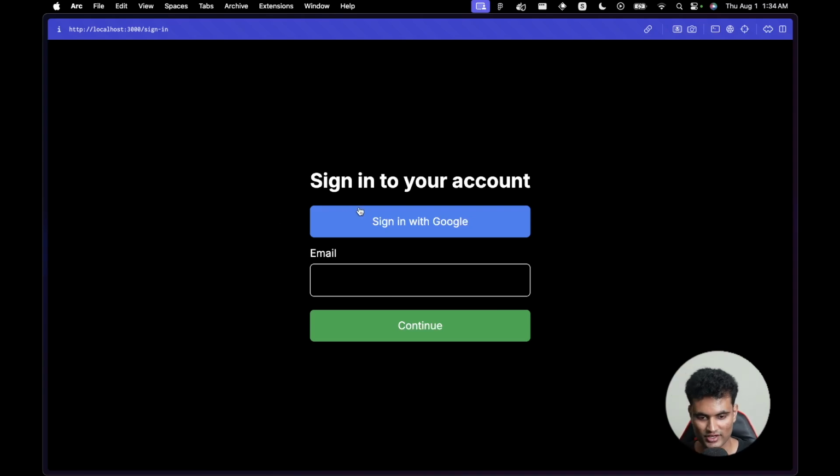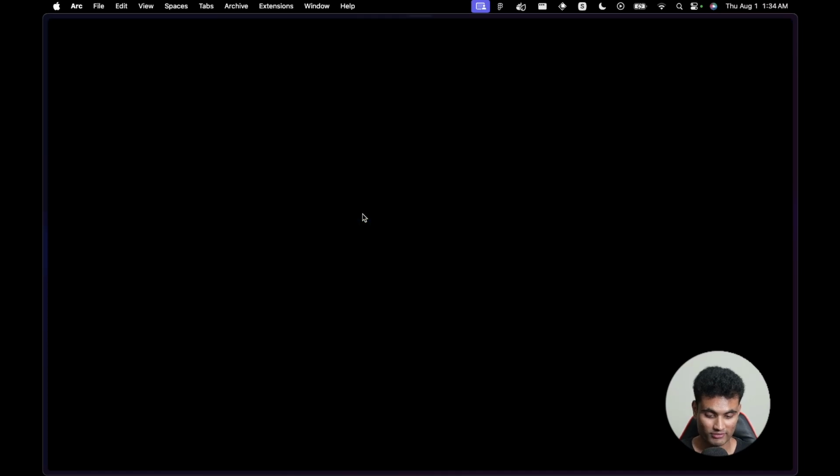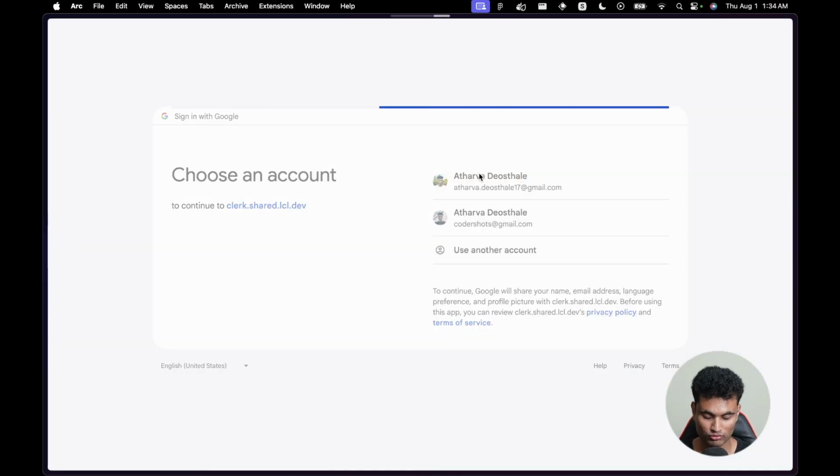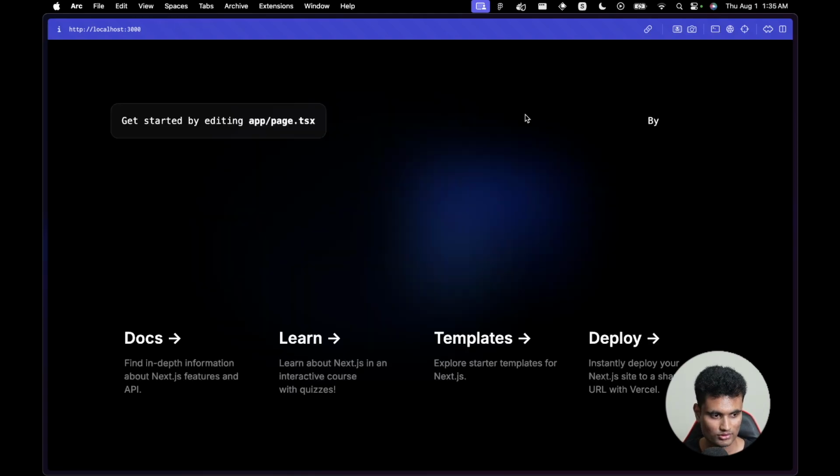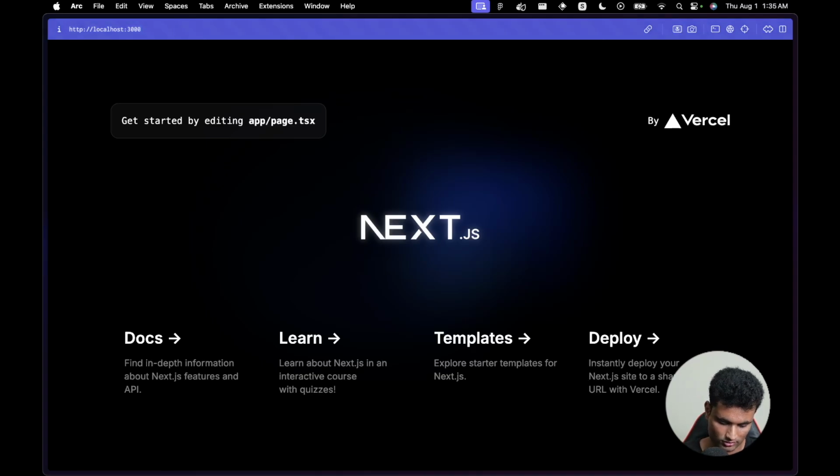Clerk. So if I just go ahead and click on sign in with Google, it should actually take me to Google, right? And if I just do my email, it should actually let me in the application. So let's just wait. I have no idea what's taking so long, but I guess, yeah, it works. Now we are back at localhost 3000. So if we go back to sign in,